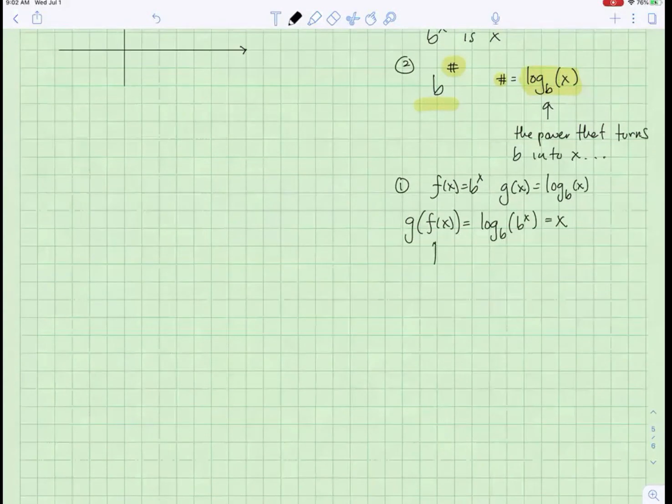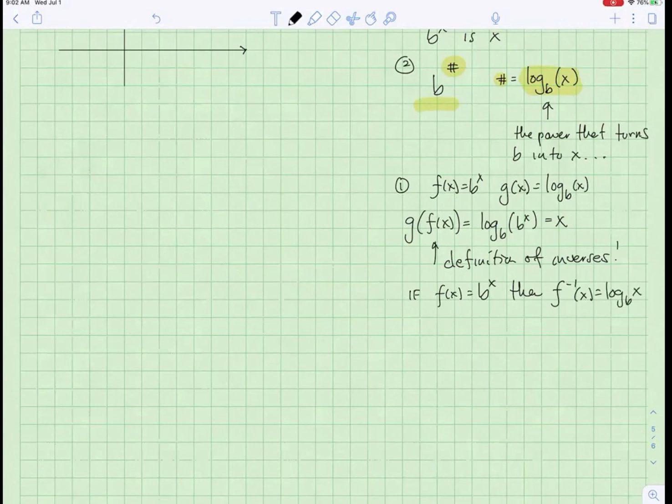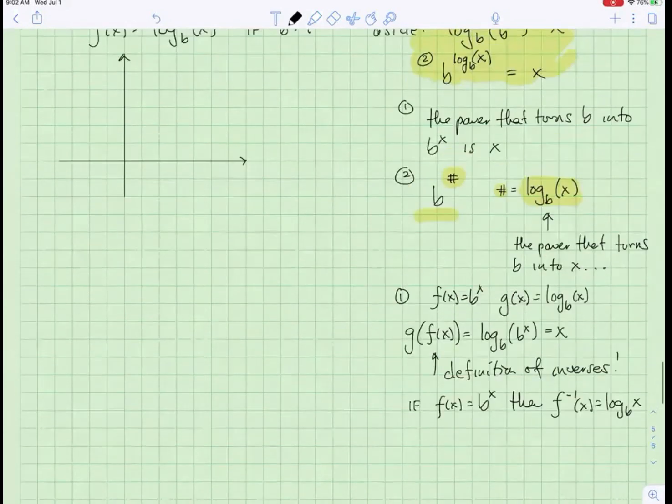But this is the definition of inverses. So if f of x equals b to the x, then f inverse is log base b of x. Which means that if I know how to graph